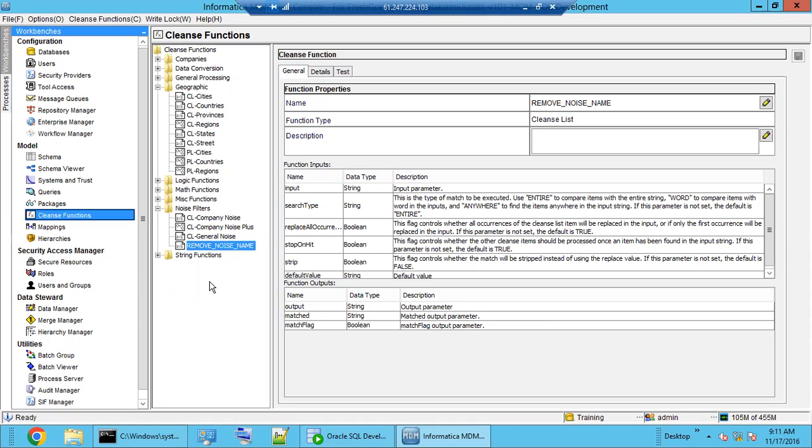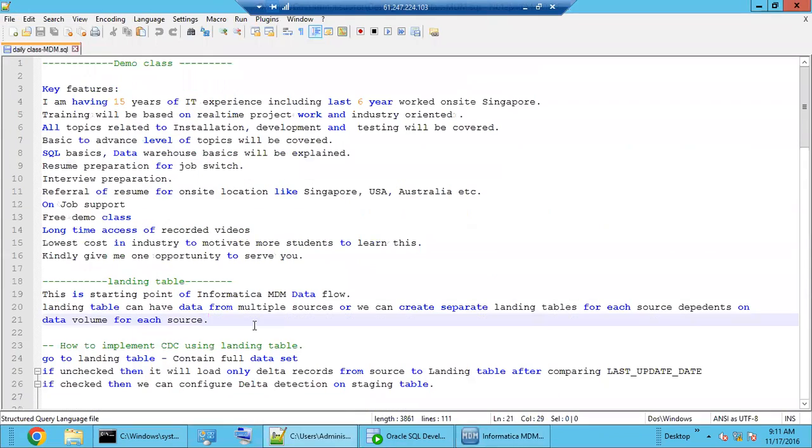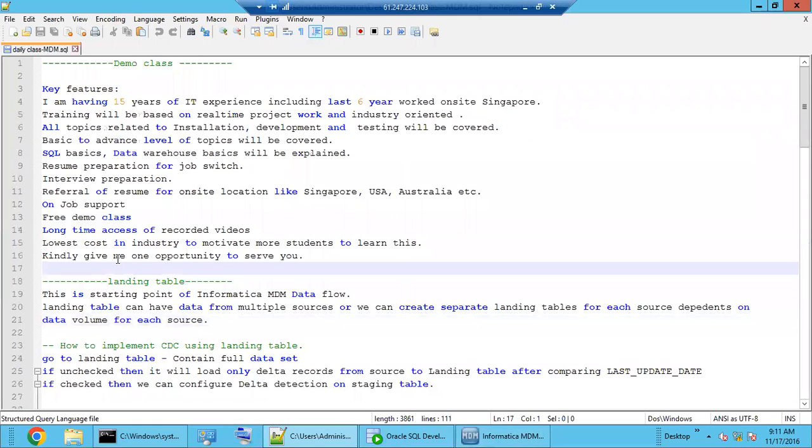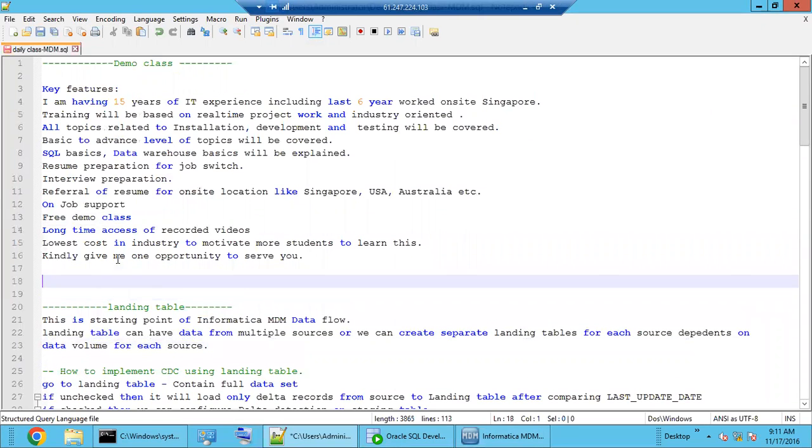Before that, I want to start the load process. Let me let you know what the load process is. As we know, the landing table is the starting point of MDM. Then we will have a stage table. So in between this landing and stage,